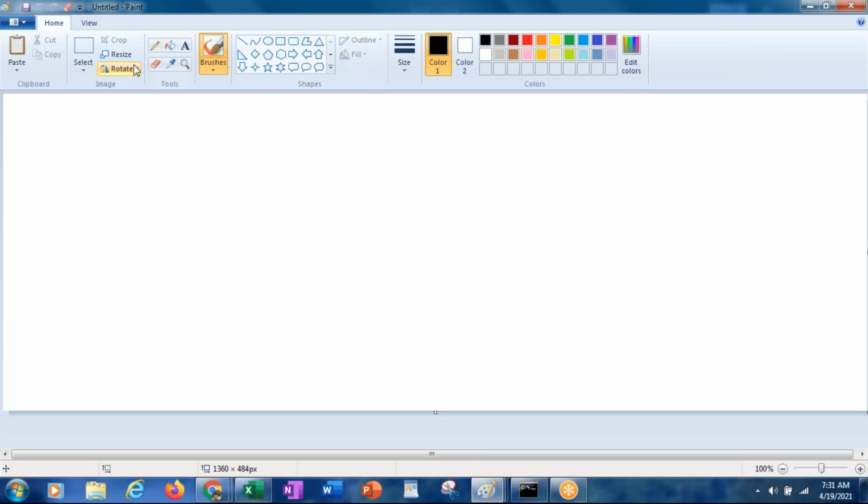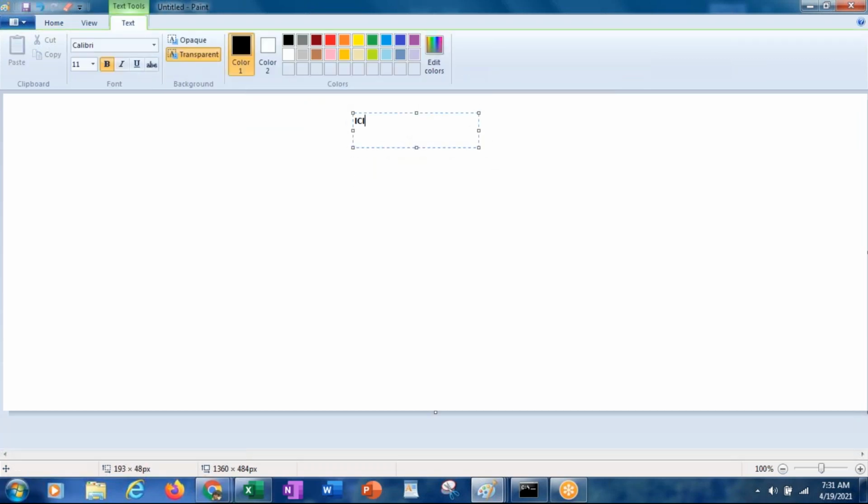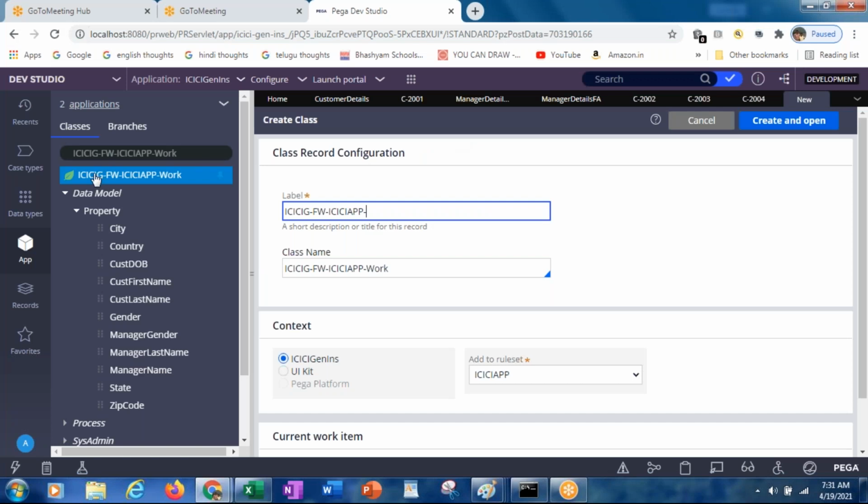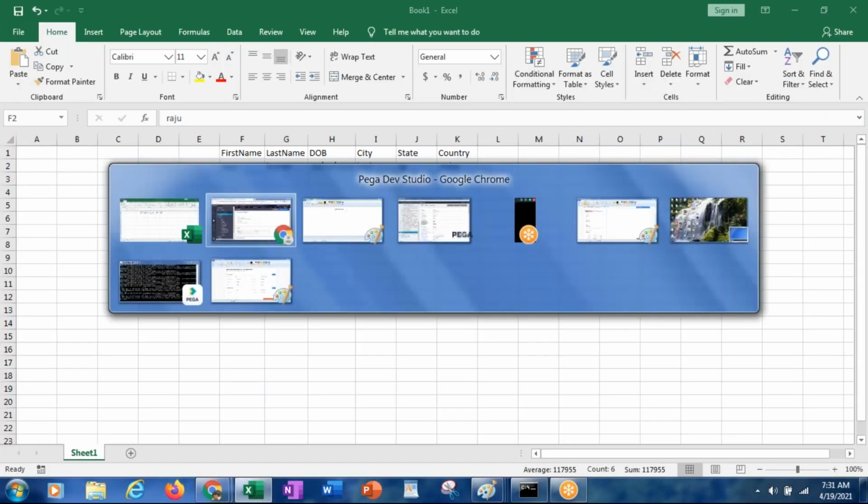Now, what is our organization name? ICICI General Insurance is our organization. So what is the class name we have given for this? ICICI we have given.